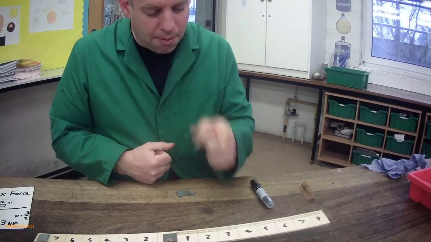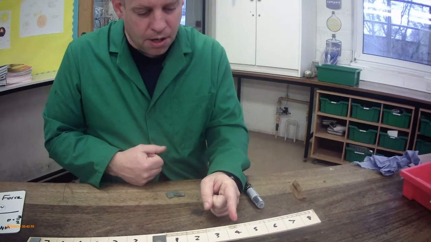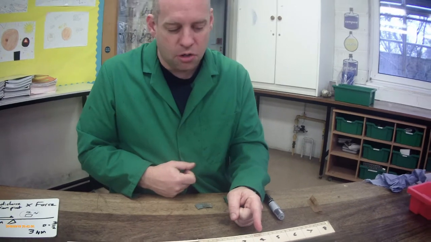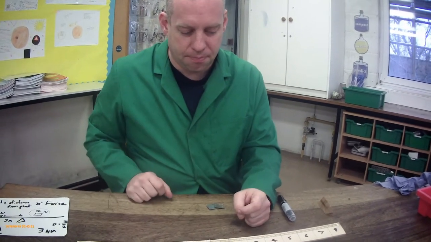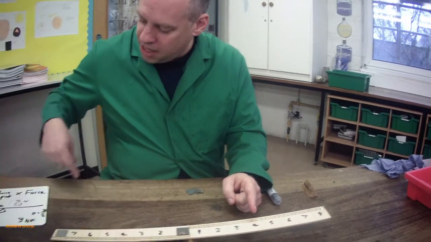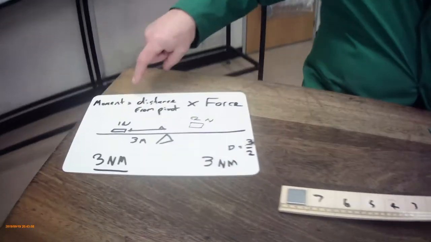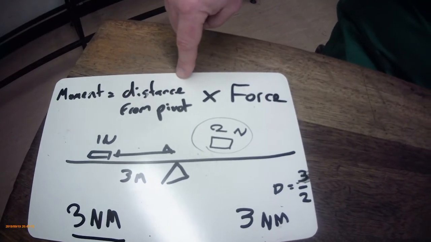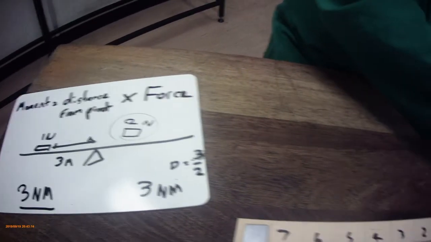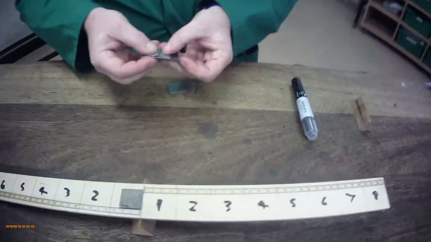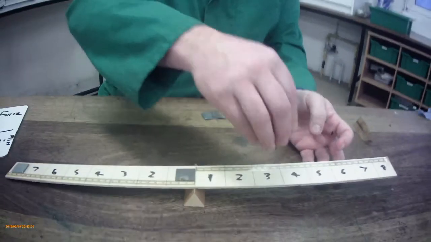But I want to put my weights on the 4. So how many weights would I have to put on in order to make it equal 16? So I've got 16 here, I've got 4 there. Again, we can rearrange my equation, and this time my force would equal my moment divided by distance. 16 divided by 4, which equals 4. So if I put 4 masses on here,